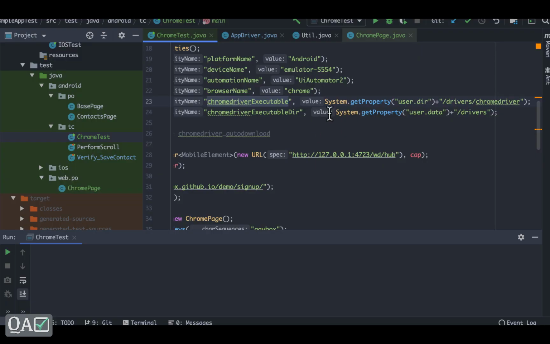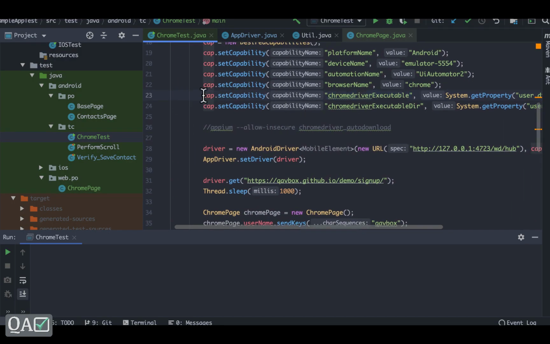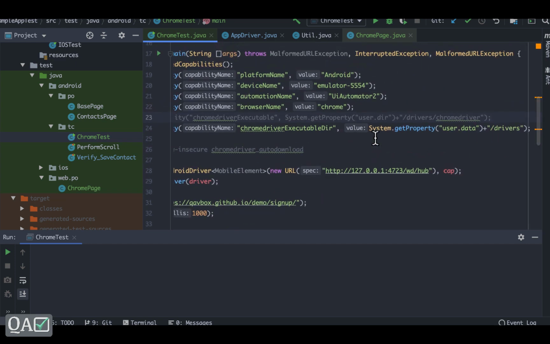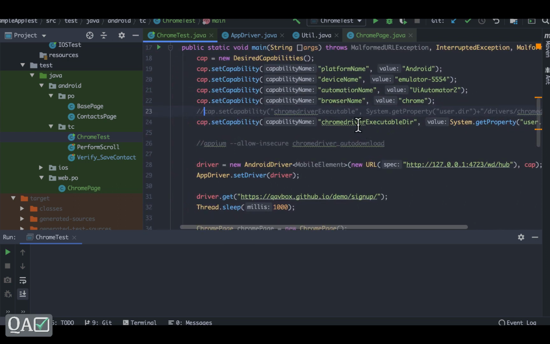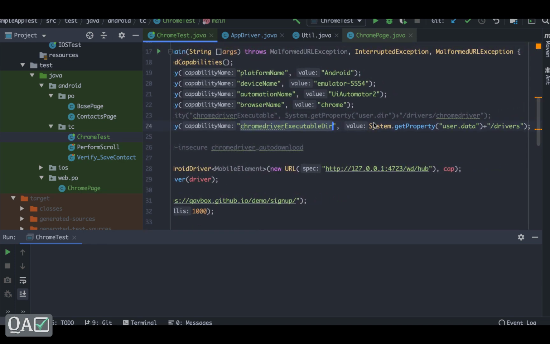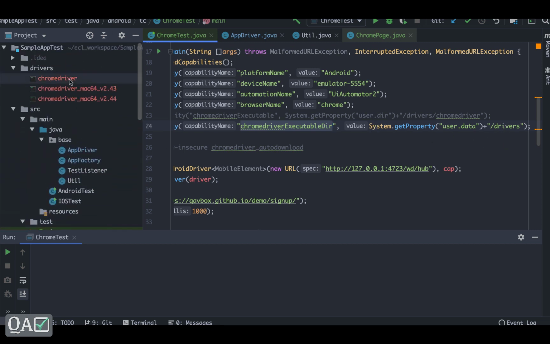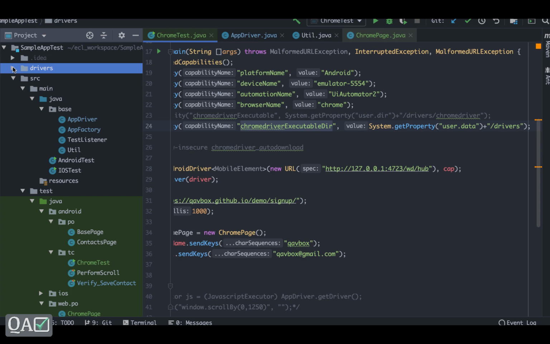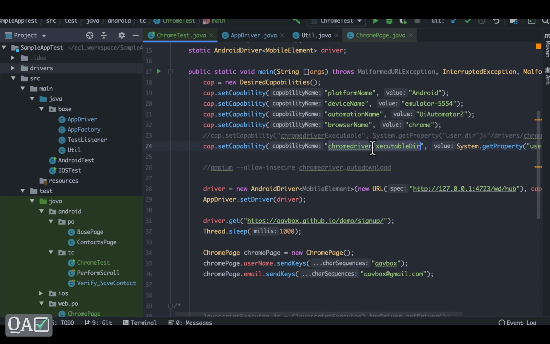So first we have seen this one, so let me do one thing. Let's say that I don't want to use my existing driver, because you have seen how you can download that, so let me leave it as it is. Now the second thing is that you have to use the Chromedriver executable directory, which is the new capability after Appium server version 1.15. For that, let me delete all these files. Okay, so now as you can see, my driver folder is empty, and now I'm using this particular Chromedriver executable directory, and I have to use this server flag, as I told.